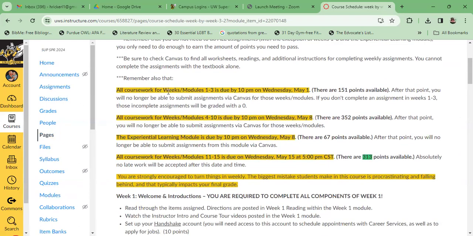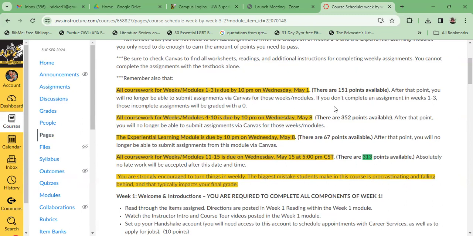Coursework for modules 1 through 3 is due by 10 p.m. on Wednesday, May 1st. Modules 4 through 10, Wednesday, May 8th. And then the experiential learning module is due on May 8th as well. So weeks 1 through 3 are all required.